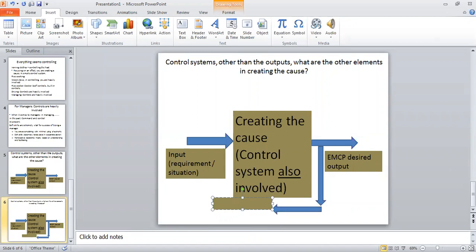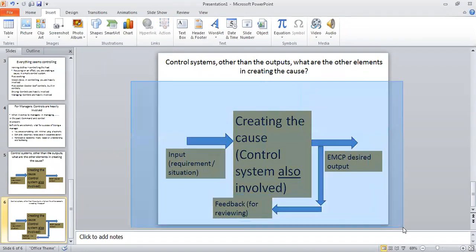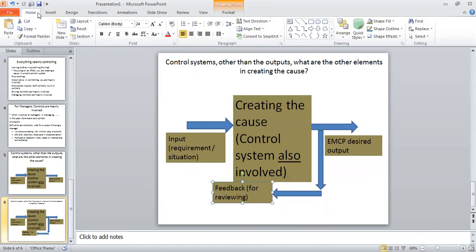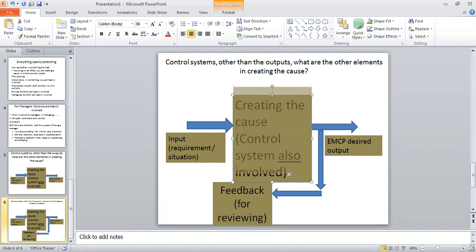So we are getting this output as a feedback, for reviewing. Feedback for reviewing. I think for manufacturing this is no big deal, but in general for all of you, including manufacturing, for the soft skills, as I mentioned to you, this will be good. Feedback for everything. And when you are going for reviewing feedback,